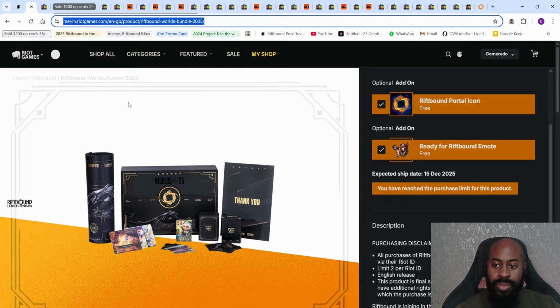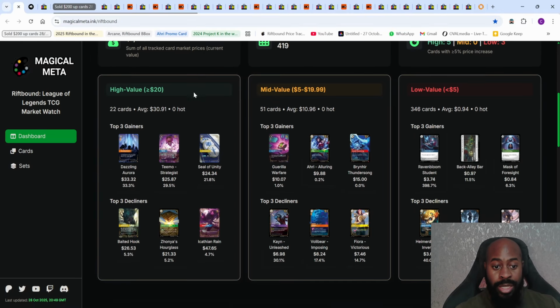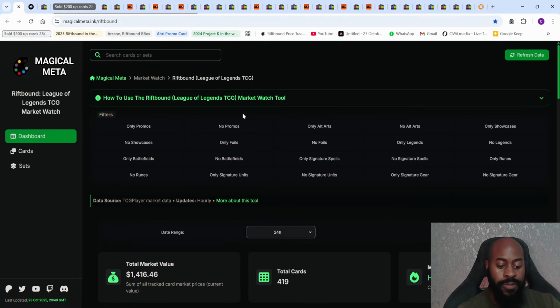So it's quite interesting. But before we get onto the Worlds conversation, someone within the Riftbound Discord shared a useful website, also a web app they have created. So this will be able to showcase the total price of each card, show the market against moving cards, for example, the top gainers, losers, and so on. So this will be very good. This is very akin to